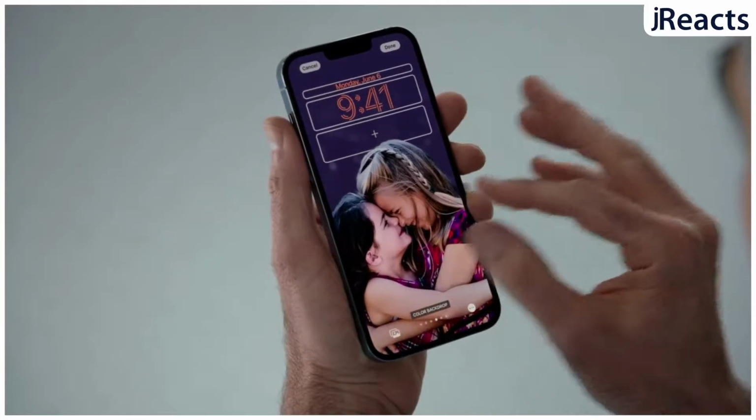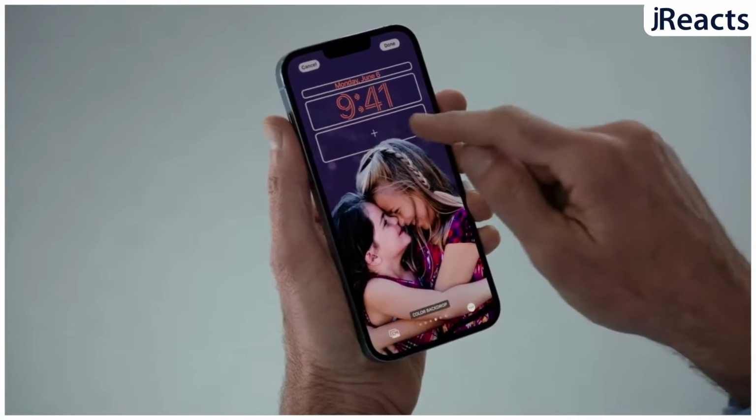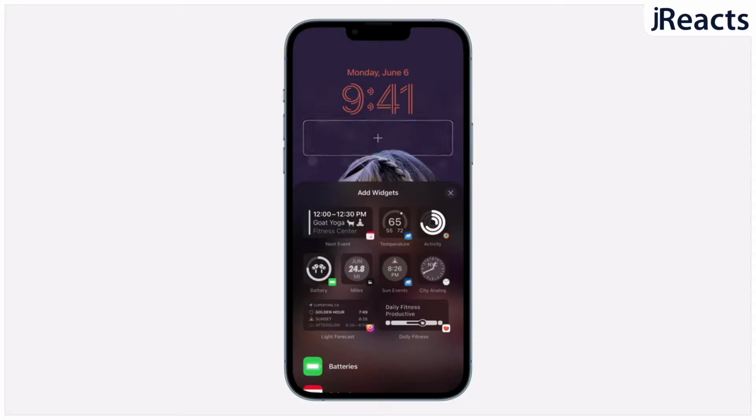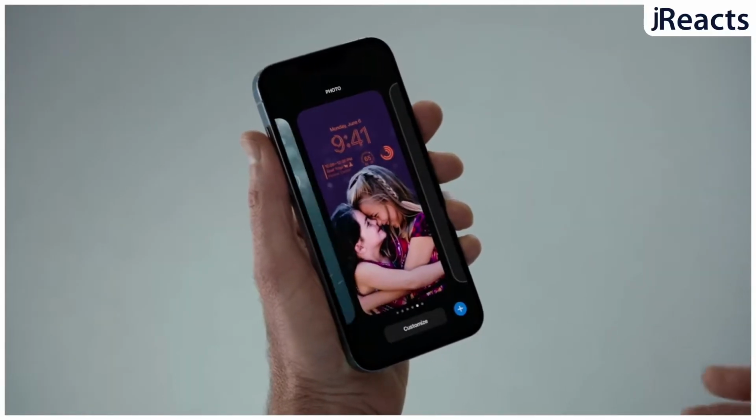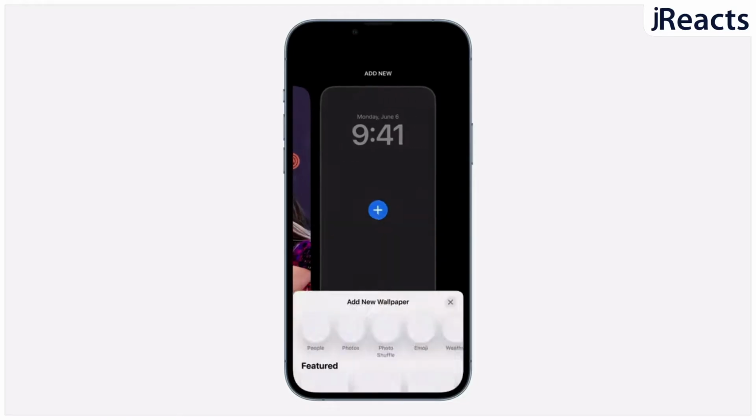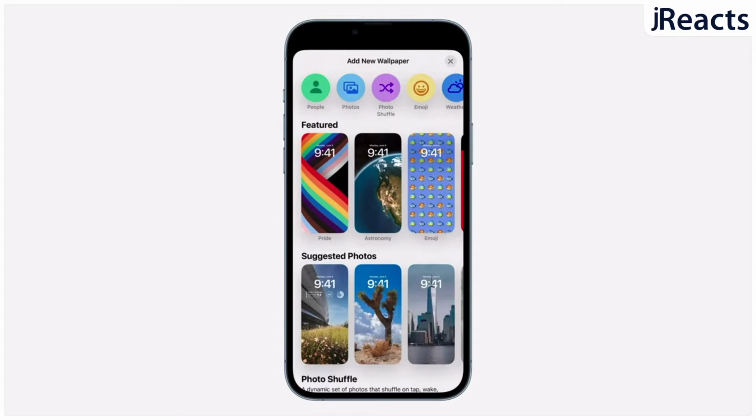You can actually move pictures down, which is kind of cool, and it reveals a little section there for widgets, which are basically like complications from the Apple Watch, which is really awesome. I hope we can put more than just 3 up there, but we'll see. You can also make multiple lock screens with different pictures and photos and things like that.